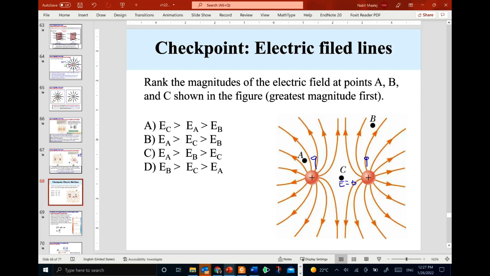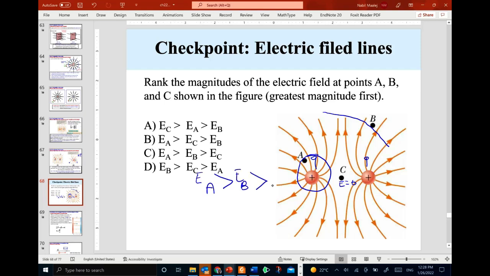Point A is closer to the charge Q, and that's why if you count the number of lines per unit area, if you draw an area like this and count the number of lines, you will find that these are much more than the number of lines per unit area at point B. So the highest is going to be EA. Here EA is higher than EB,